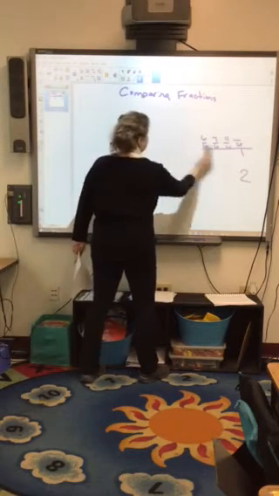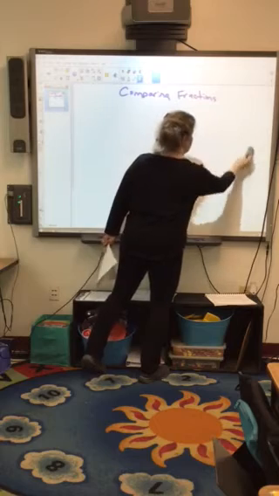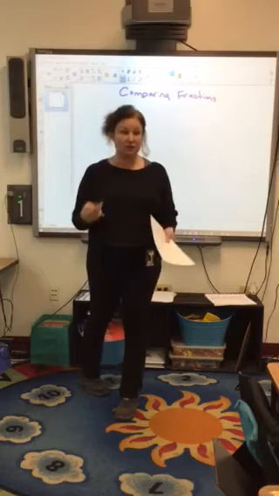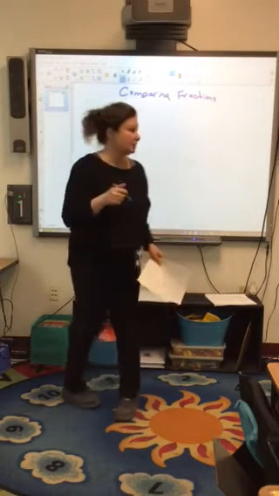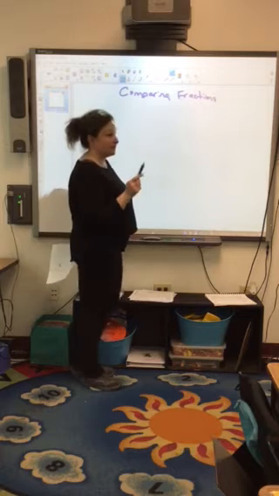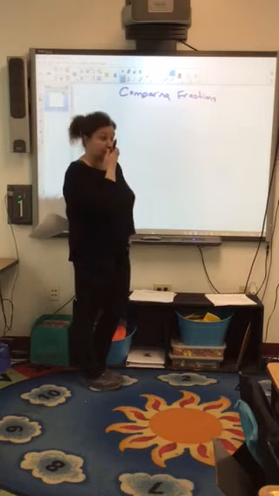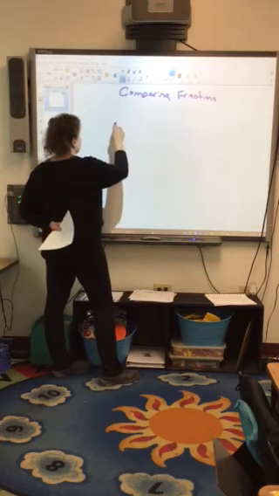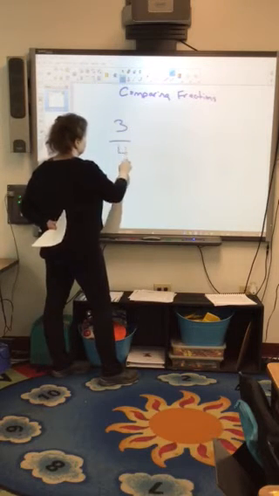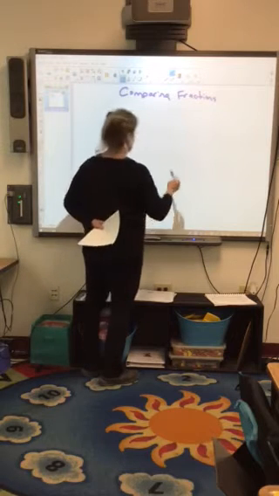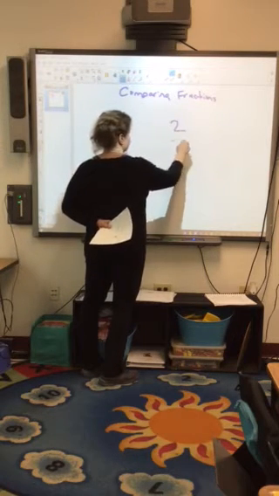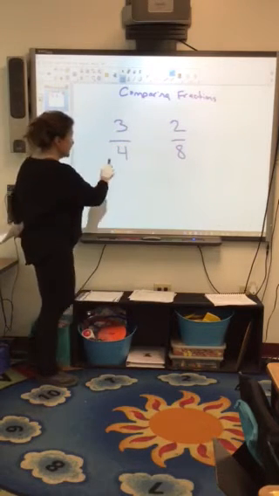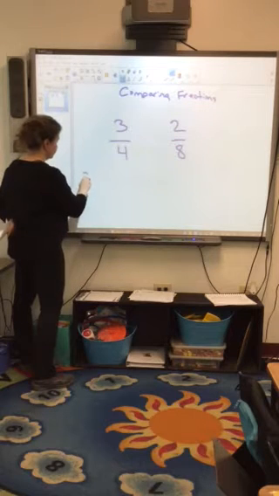Okay, so the next ways that we're going to compare fractions are simplifying and generating. This works really well if you have uncommon denominators. So let's say that we want to compare 3/4 to 2/8. And I could generate 3/4